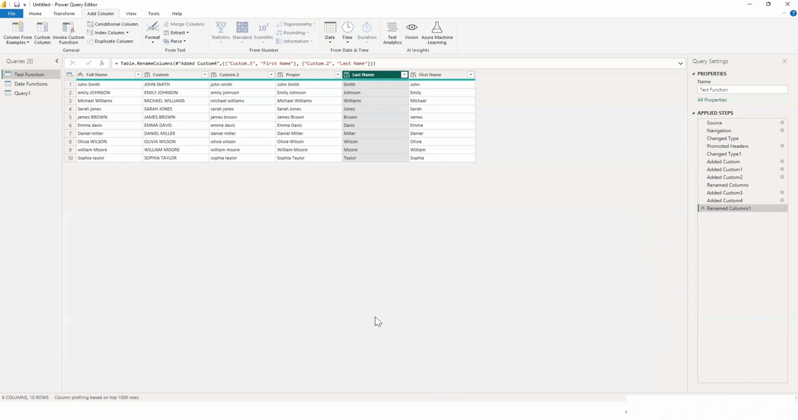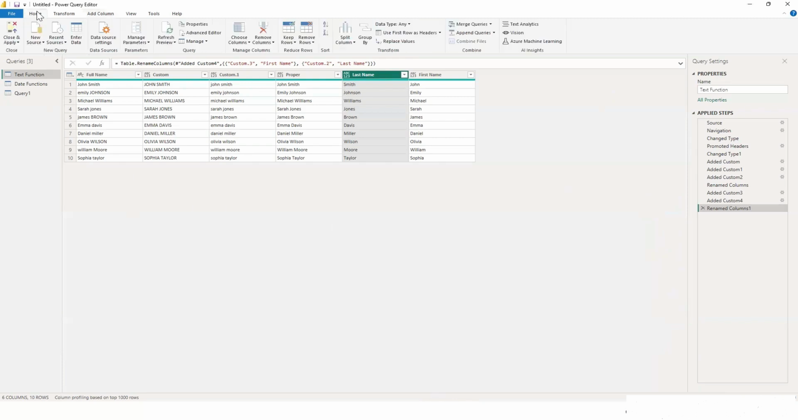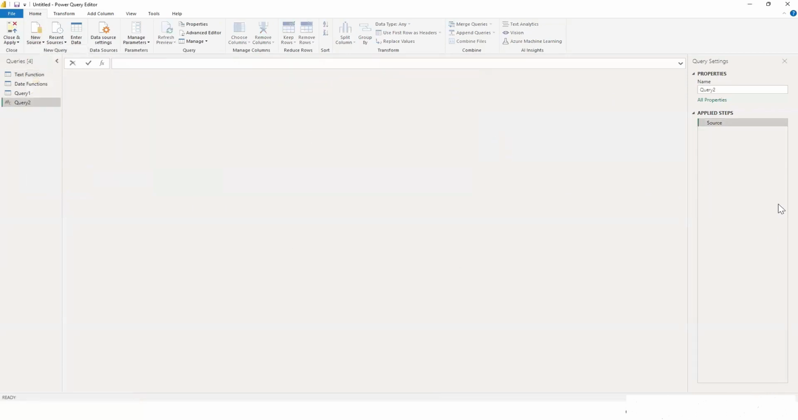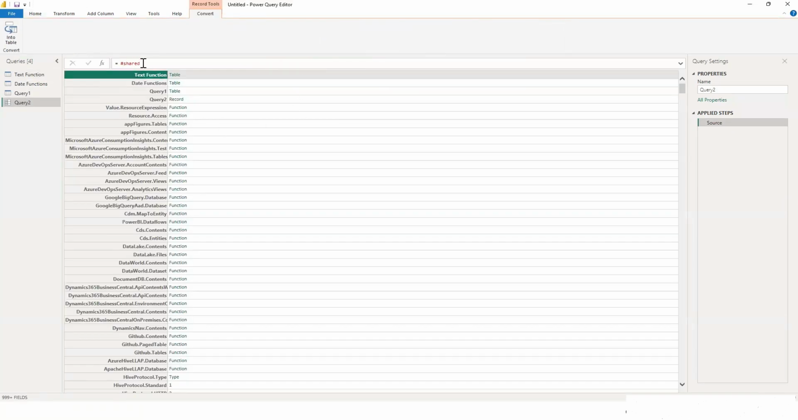So for that, what I'll do is I will go to this Home option. I will click on New Source and use this Blank Query option over here. After clicking on Blank Query, over here, you can write equals to #shared and press enter. So now you can see it has given us the list of all the M codes that are present inside